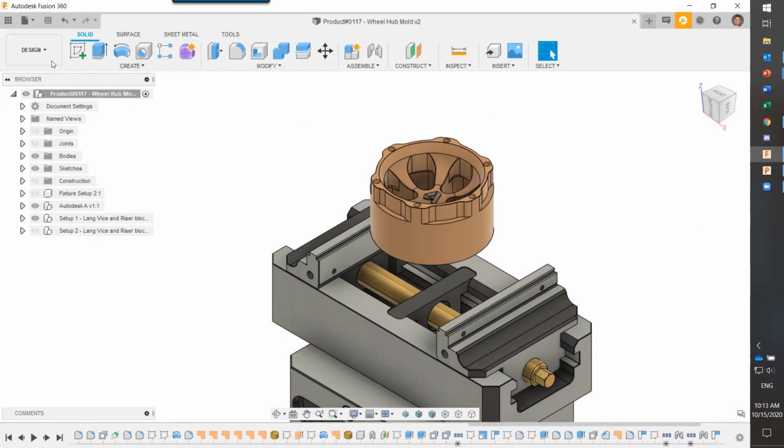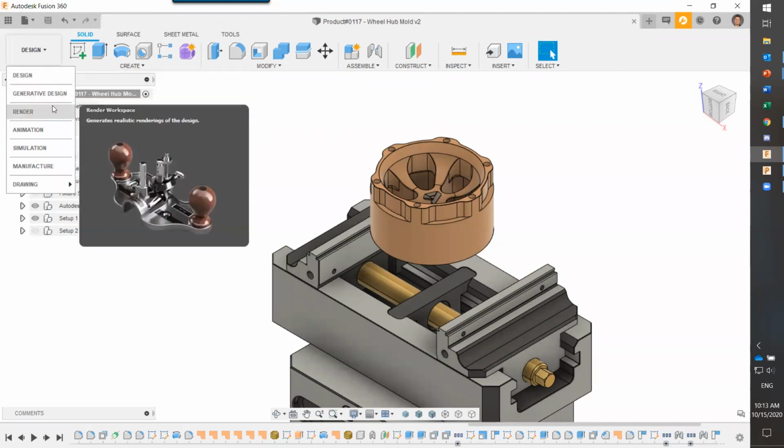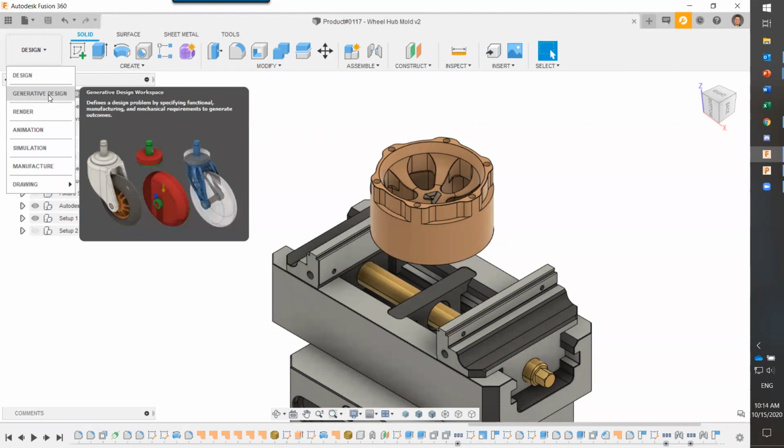So with Fusion 360, you recently got a facelift. And again, as I was saying, it's an all-in-one platform. If you want to do your design work, you do your design work. You have your sketching tools, your 3D modeling tools. We're actually going to be using the surfacing tool a little bit here, so just a little foreshadowing. But once you're ready with the design work, you hit the drop down, and now you have different environments. Right. And again, generative design is another added benefit that you now get